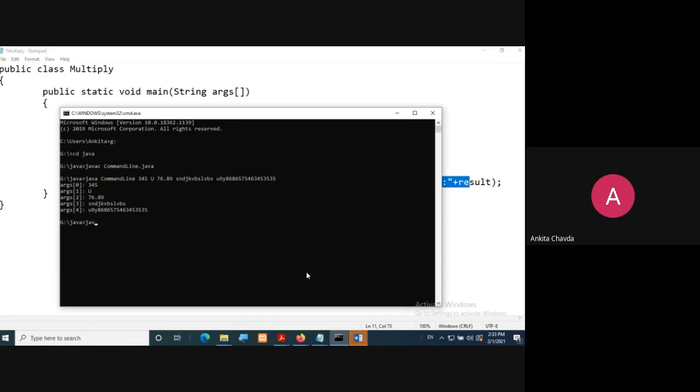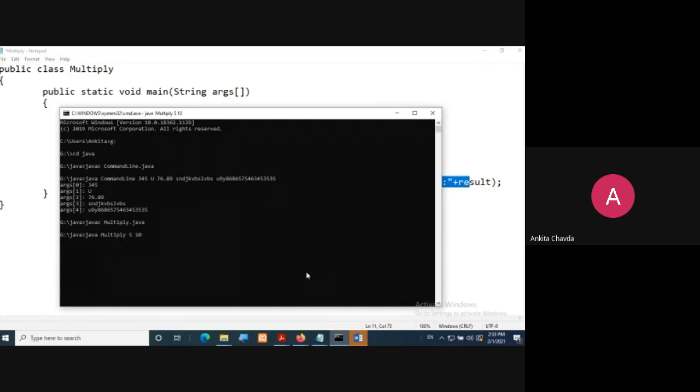So let me run this program for you. Here I'm running this program, but you don't have to directly press enter. After Multiply, with a space, you have to give the actual values, 5 space 10, and then press enter.